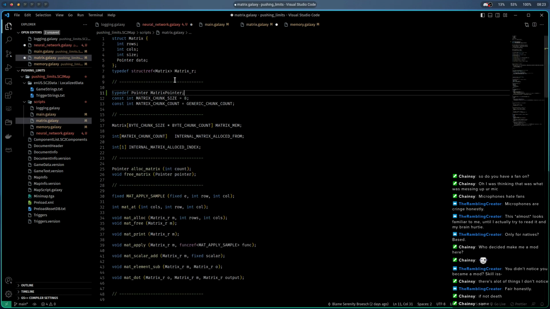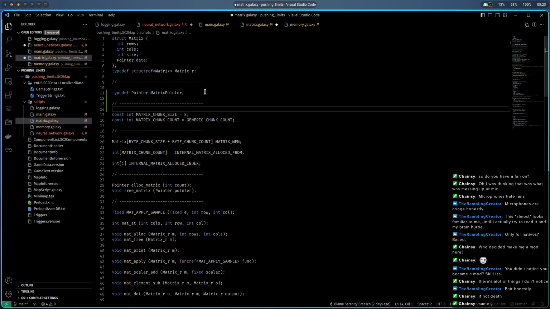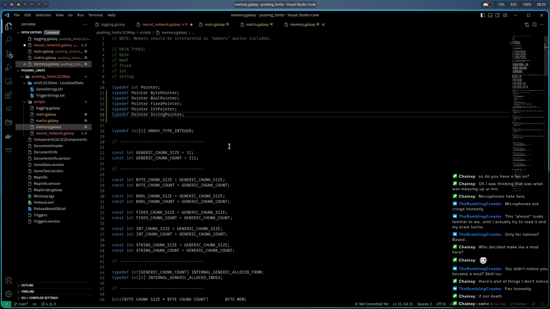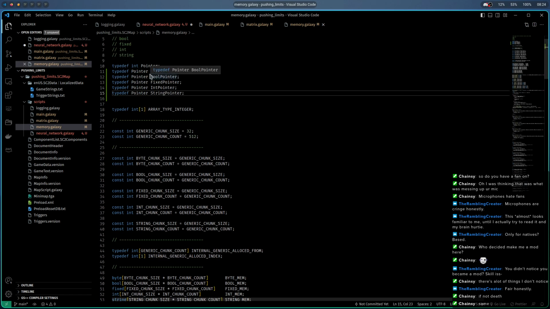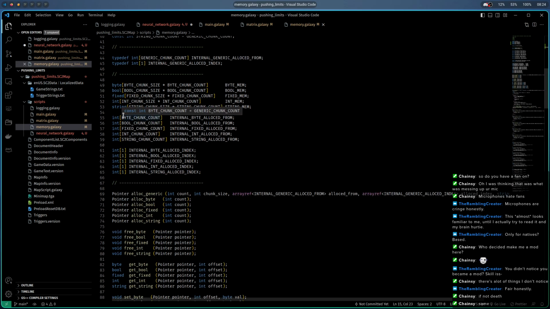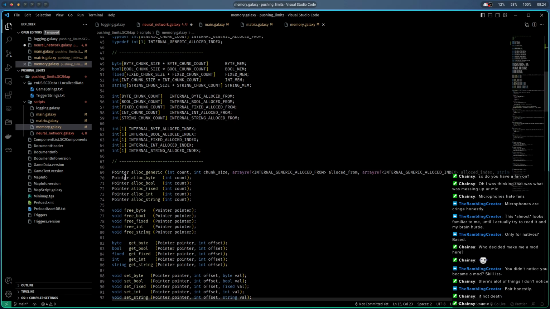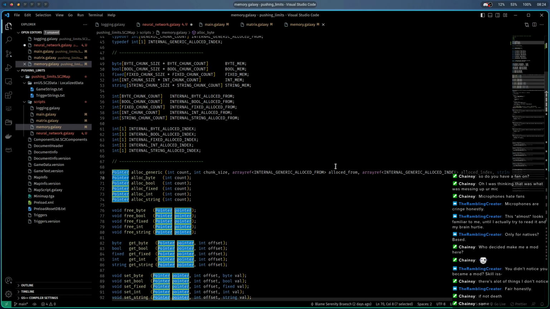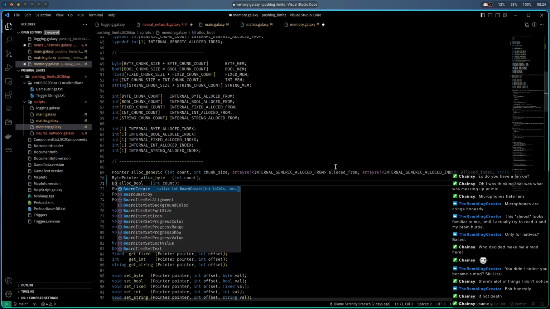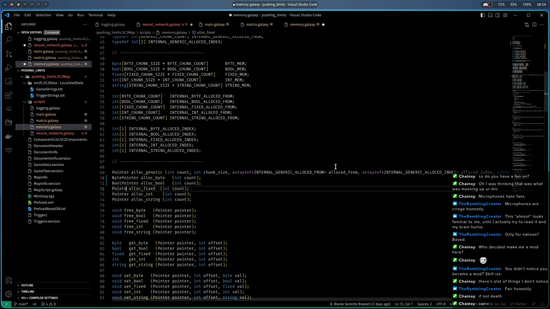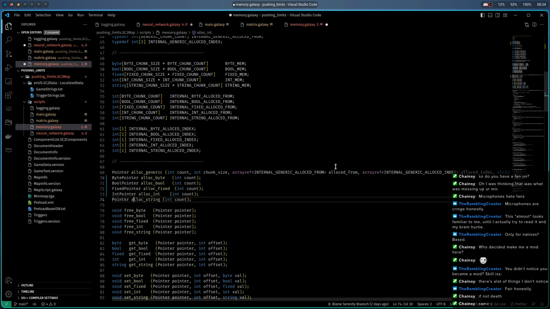Okay, I should technically split it off from this. Okay. Pointer, pointer. Now that I added the pointer types, this will just be a generic pointer, but I can now do byte pointer, bool pointer, fixed pointer, int pointer, and